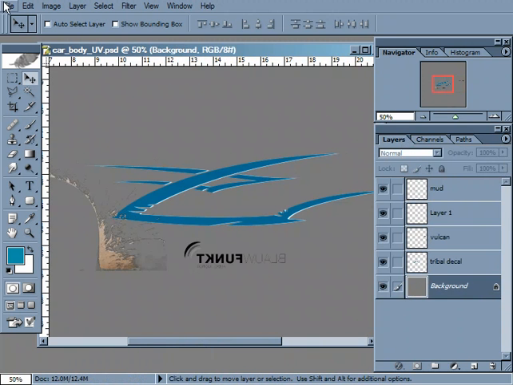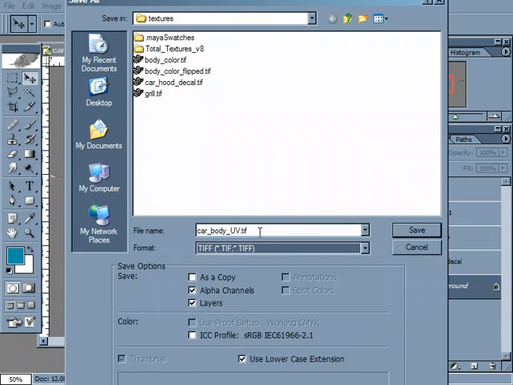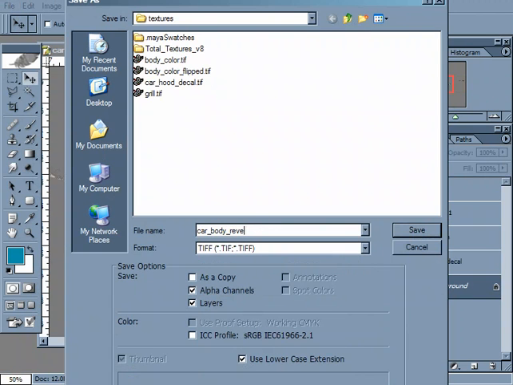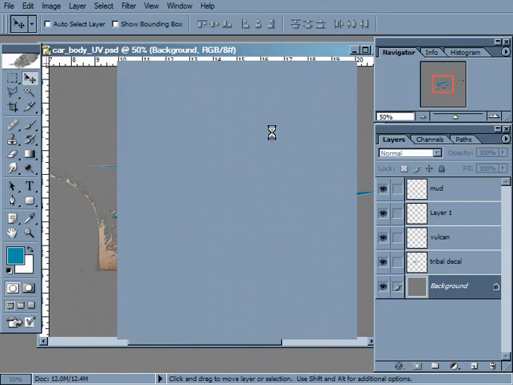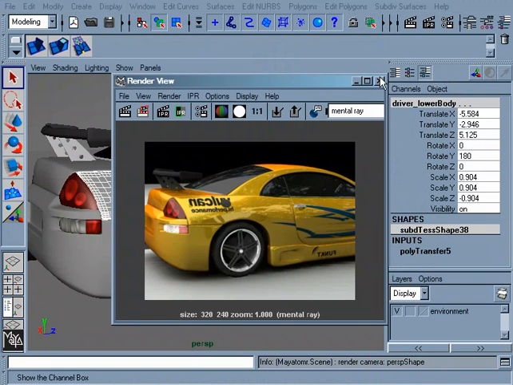Okay, so now what we can do is save this out, and call this something like car body reversed. Okay, and we'll turn off layers and save this out. Give this just a second to process. And once this is done, what we can do is go back into Maya and load this up. So let's give this just a second. There we go. Okay, now we can go back to Maya